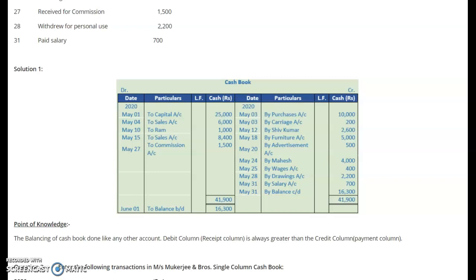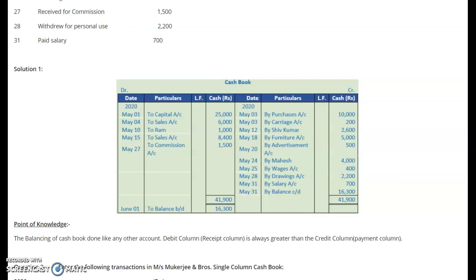When you go for this, you would find that this is the format of a simple account. Four columns on the debit side, four columns on the credit side. I told you that this is prepared on the very basic principle of the real account, debit what comes in, credit what goes out. Now, how is the simple cash book prepared? Let's understand one by one. It may start with the opening balance of cash. If the balance of cash is given, we will write here To Balance b/d. If the balance of cash is not given, then we will start according to the transactions. At the end, you would see here that there is Balance c/d, that is the closing balance.